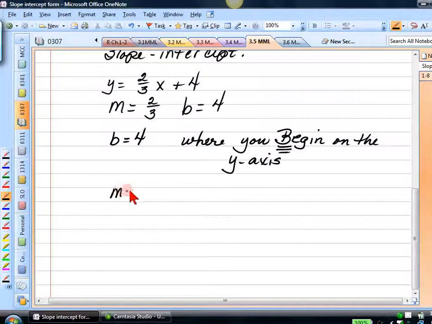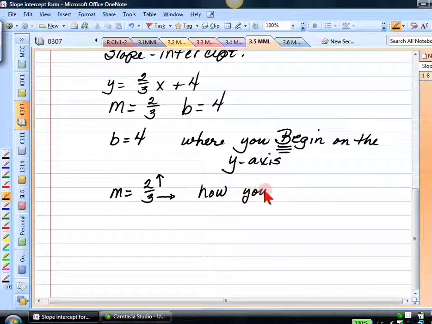M is 2/3. Does everybody remember that slope is rise over run? So the numerator is how you rise. Since it's positive, you'll always see me draw a little arrow like that, up. The run, which is 3, is also positive, so you'll see me draw an arrow like that. If a number is negative, then I draw the arrow in the opposite direction. Rise over run. This is how you move